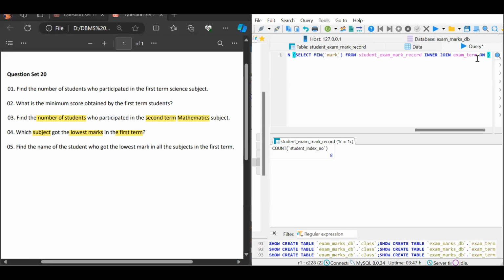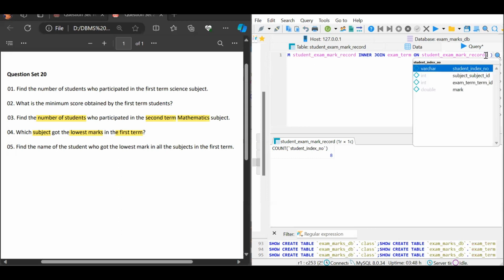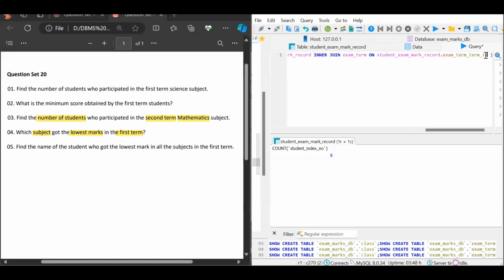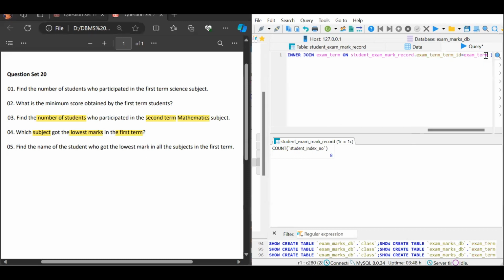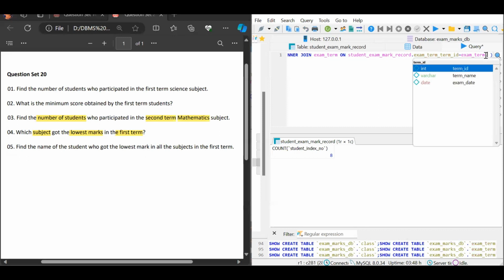We use the ON keyword here to specify which column of the student exam mark record table the exam term table is linked with. On student exam mark record table exam term id equals to exam term table's term id,